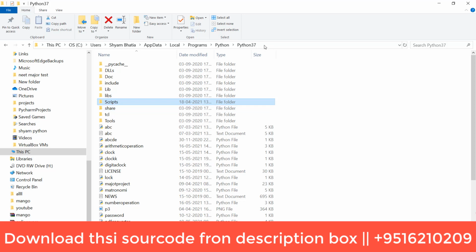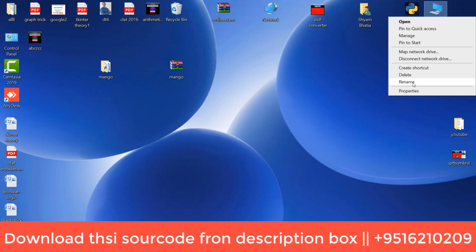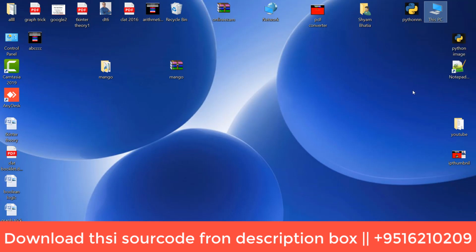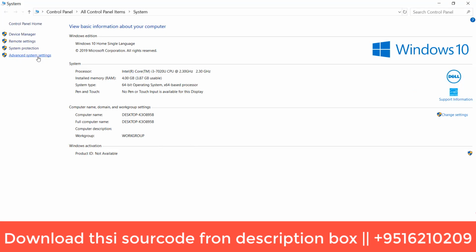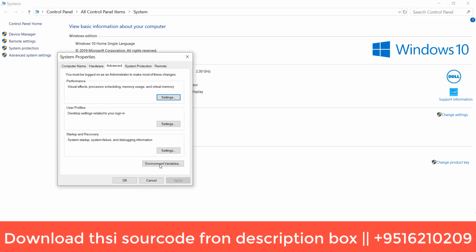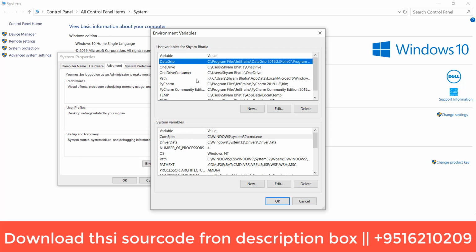Simple here, just copy this and set the environment variable. So right click, if the environment variable is not set, right click on your computer or This PC and go to Properties. Go to Advanced System Settings, and here Environment Variables, and here go to the system Path and edit it.